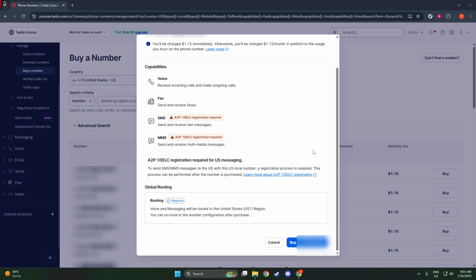Once your purchase is complete, your new number will appear under the Active Numbers section, which is found by navigating to Phone Numbers and then Manage. Here, you can configure all the specifics of your new number, from voice settings to SMS behavior, ensuring it functions exactly how you need it to. And there you have it. By following these steps, you can easily buy a number through Twilio and begin utilizing its powerful